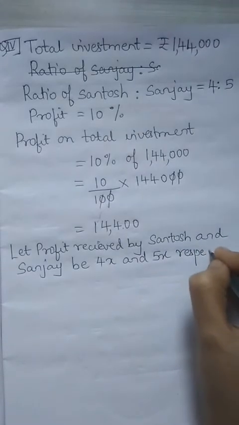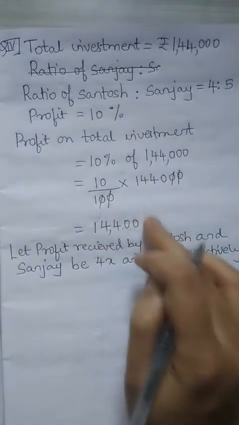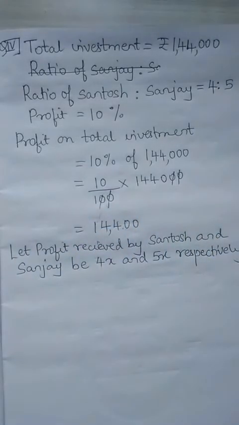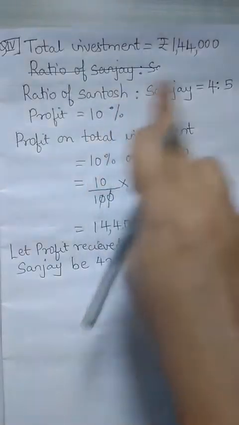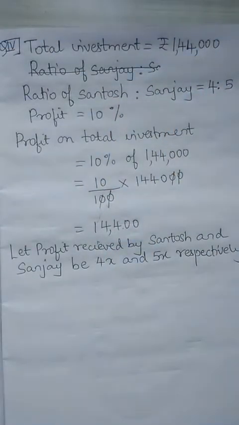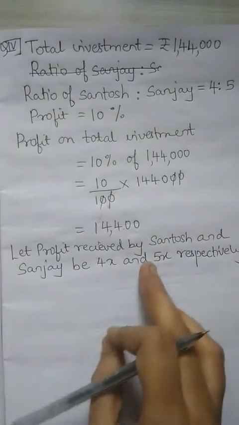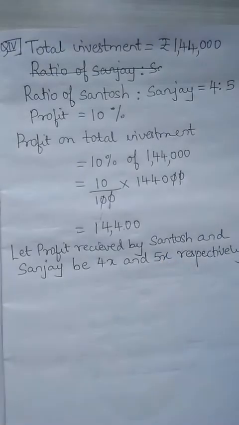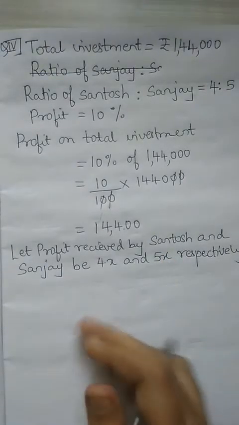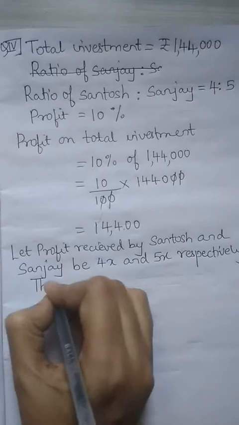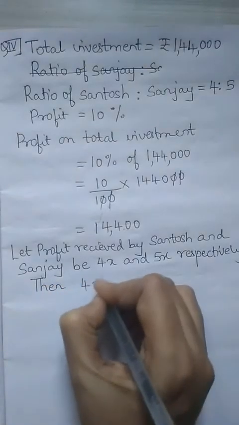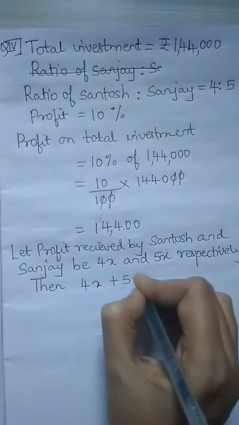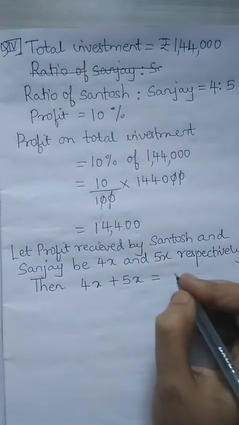Each of them has invested a different amount, girls, so you cannot share the profit into two equal halves. Santosh has paid only the fourth part, and Sanjay the fifth part. So you will write 4x plus 5x is equal to